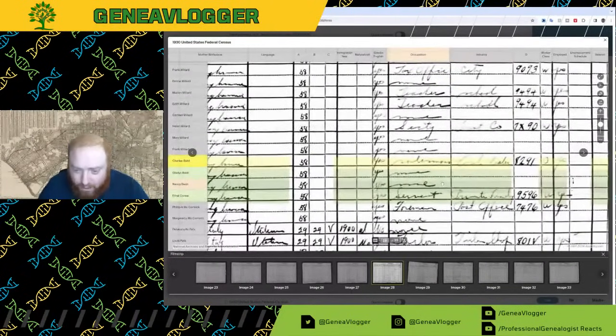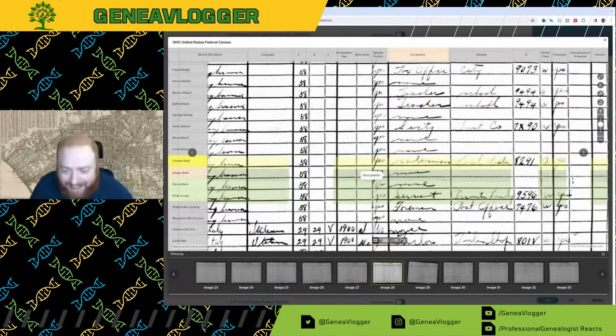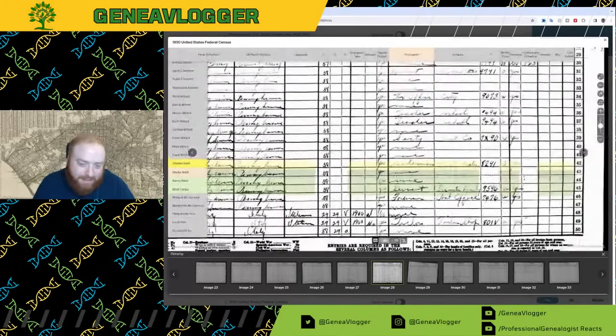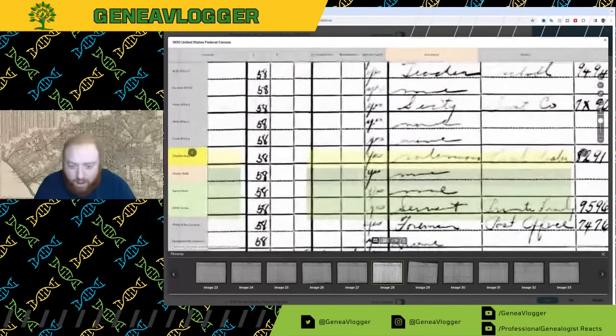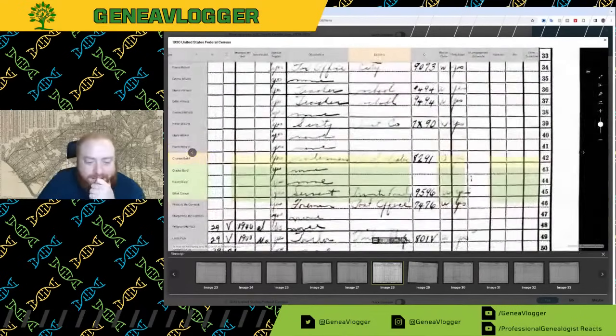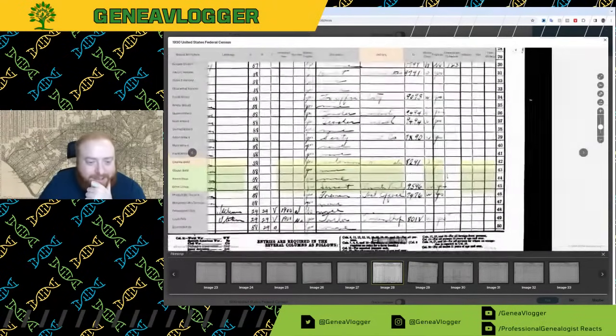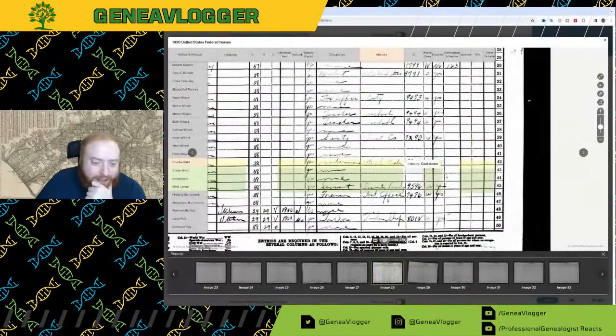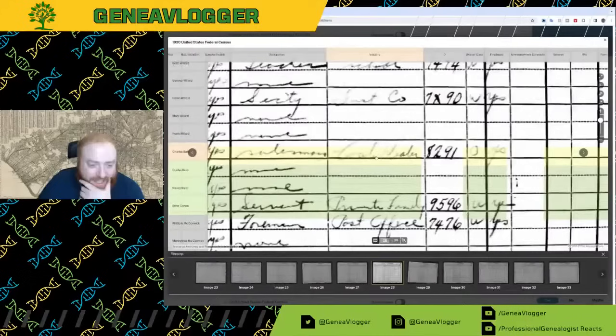Oh, what is that? A coal hoarder? Coal heater? Salesman, it looks like. So I guess, did he sell coal heaters? Huh. I'm not sure what that says. Now, with research, we could probably figure that out. Oh, it says coal dealer. It kind of looks like coal dealer, but it's one of those things where it certainly looks like coal dealer, but it could be something else.